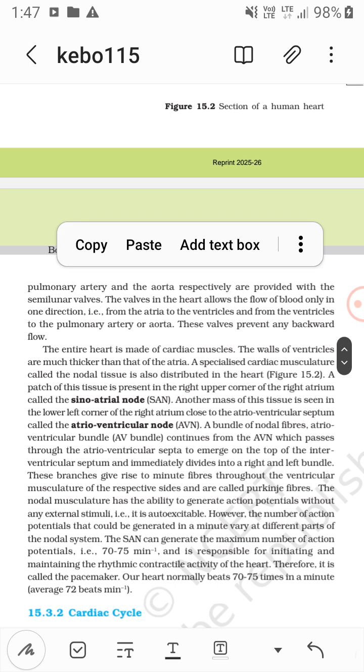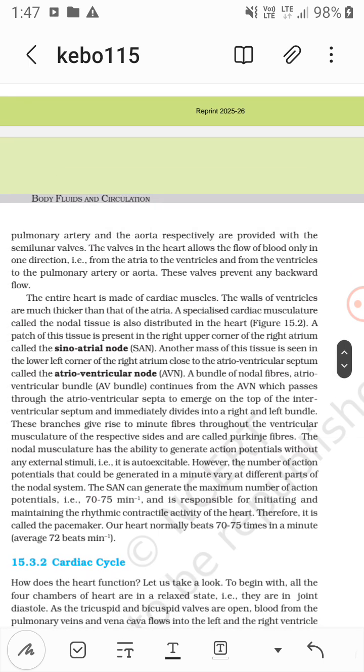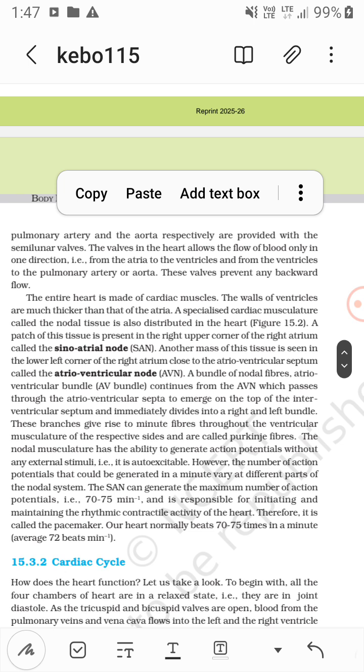The entire heart is made up of cardiac musculature. Now the ventricle walls are much thicker than the atria. A specialized cardiac musculature called the nodal tissue is also distributed in the heart. A patch of this tissue is present in the upper right corner of the right atrium. A bundle of nodal fibers